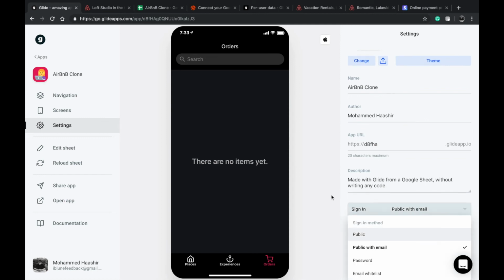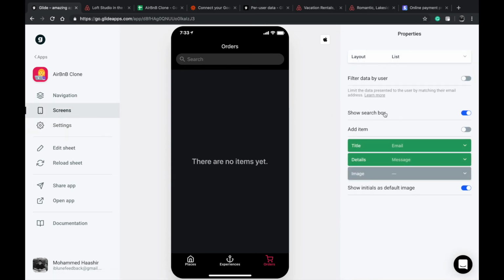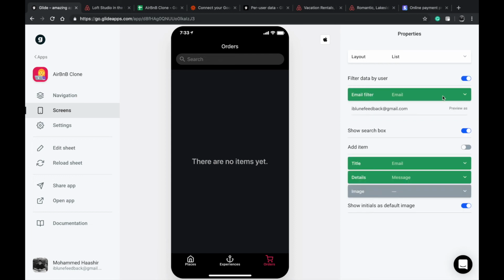So let's go choose public with email, because the user has to log in in this case, because it needs to know who is actually the person who's doing that. So let's click on filter data by user. Now as soon as I do that, I can select email here. Now what this will do, if you say this is just a preview option, but what this will do